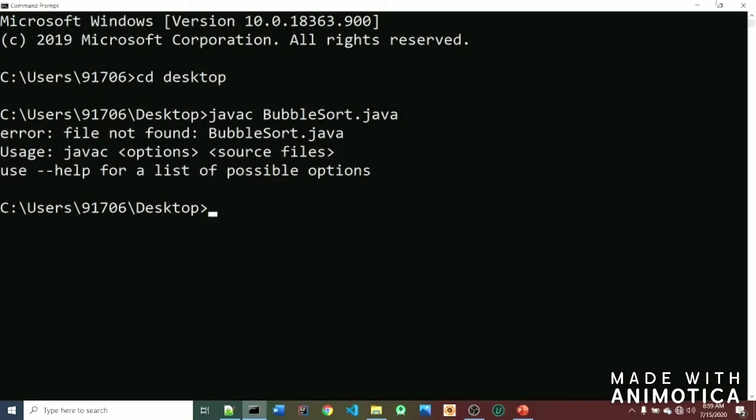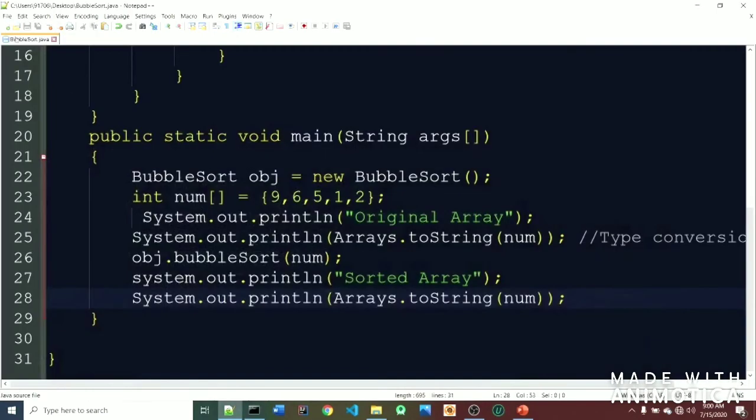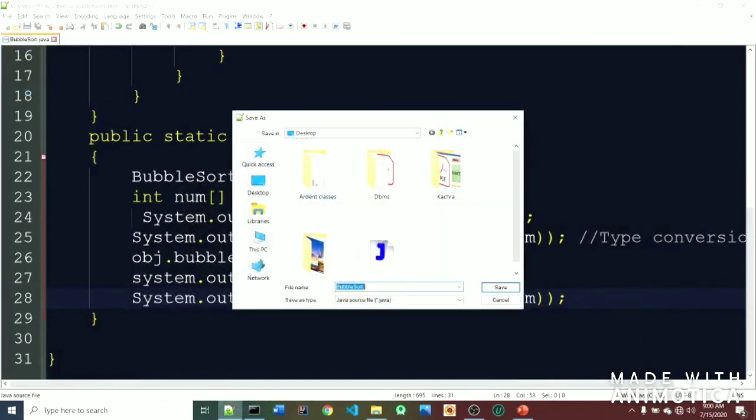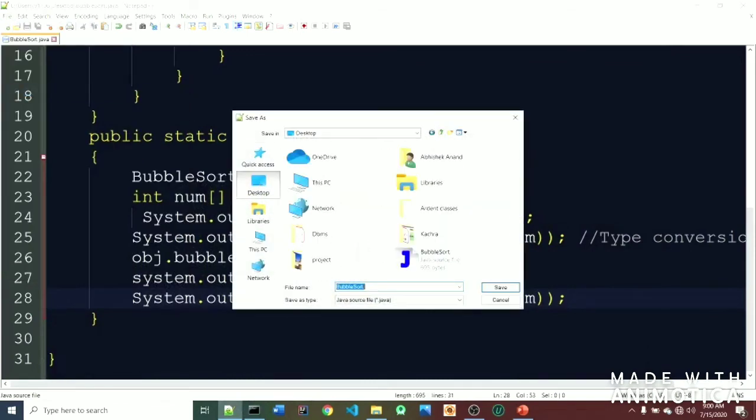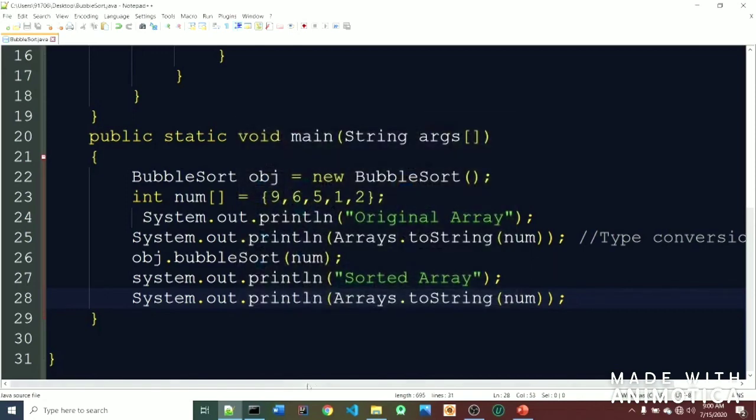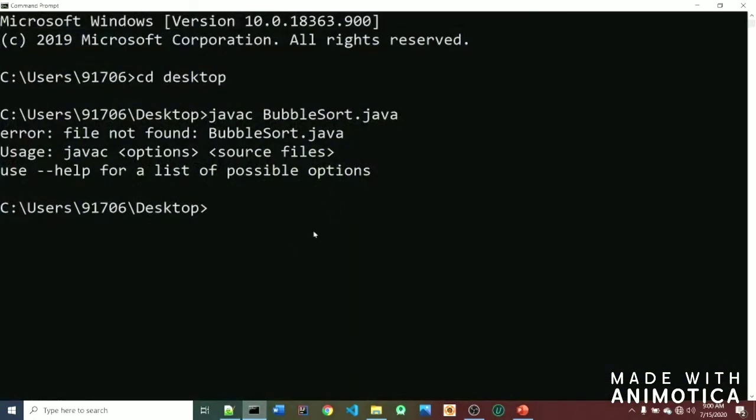File not found. Okay, one minute. Save as at desktop. Okay, that is BubbleSort.java. Fine. Again let's compile.